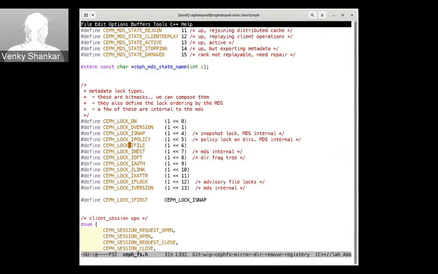Then, let's say iauth. iauth is for ctime, mode, UID, and the GID. ilink is for the link count. ixattr is for the xattrs. iversion is for the versions, and we'll see, these are like local locks. ipolicy is for ctime, layout, quota, export pin, and they recently added ephemeral